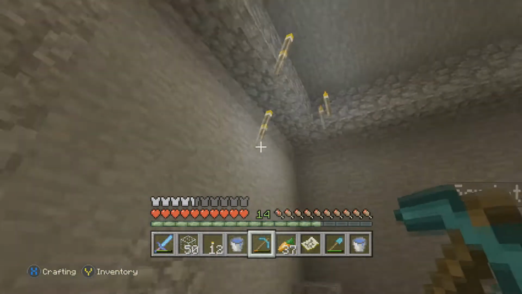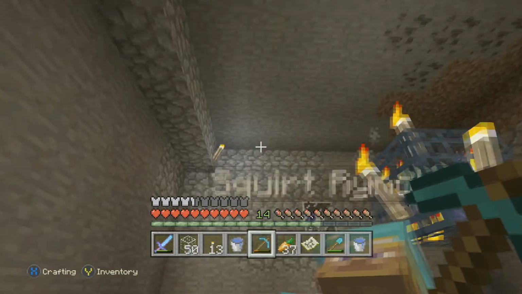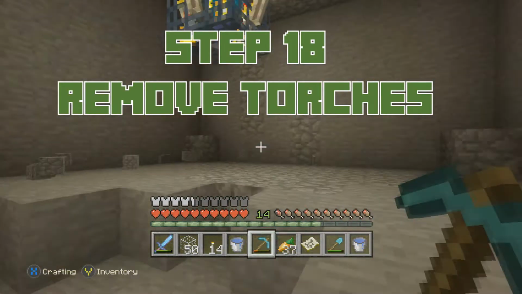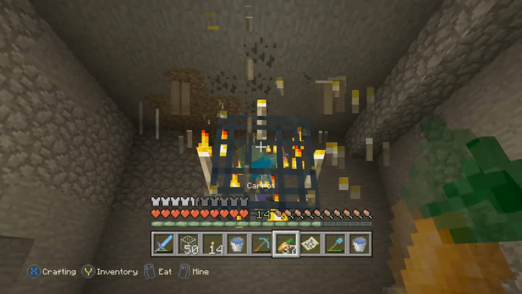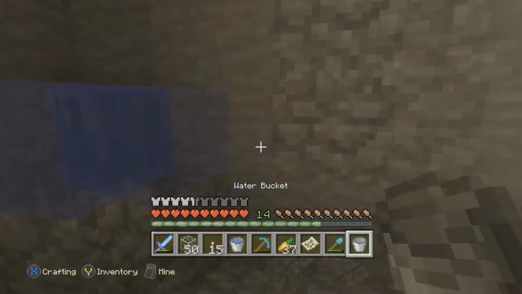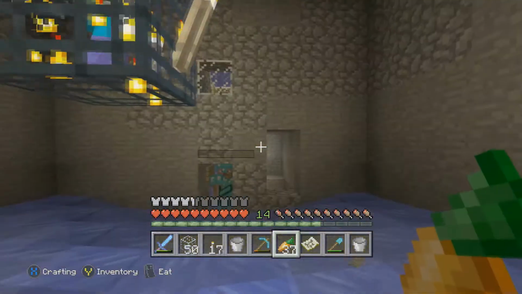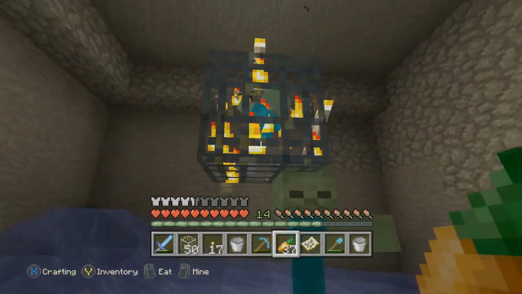Now go back in the room and knock down all the torches, being careful not to break the cage, so make sure you see the hitbox around the torches that are on the cage before you strike them. I recommend you don't even try to do it with a pickaxe, maybe use something like a carrot or your bare fist. Now you put your water back on your blocks here. Going to blow everything back, knock the final torches off, and they start to